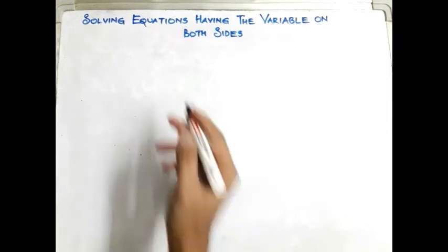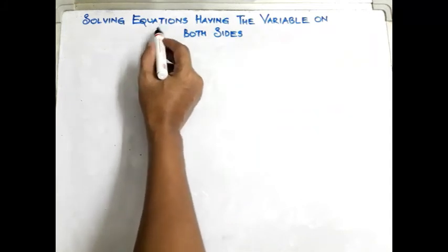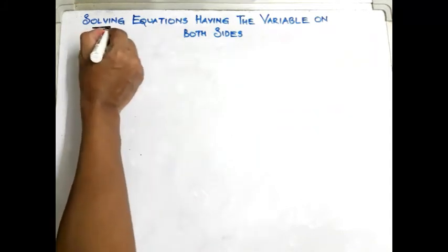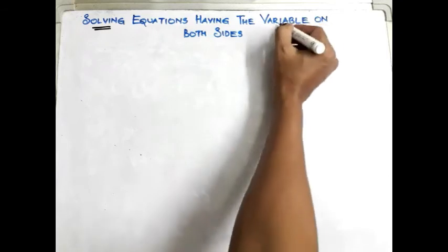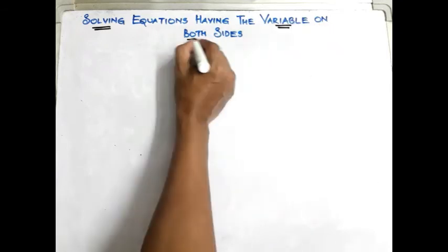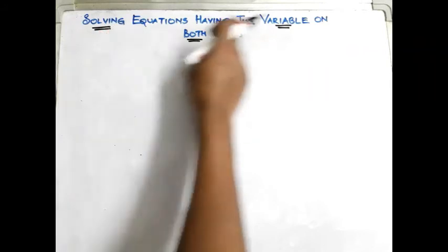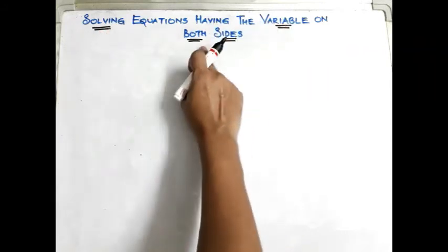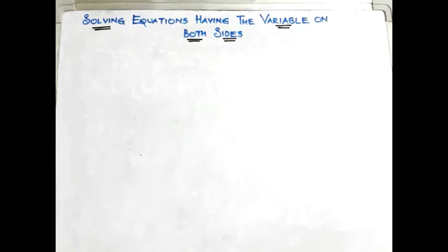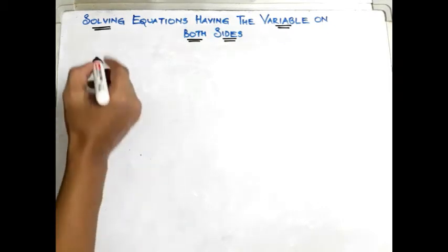Today's concept is solving equations having the variable on both sides. Okay, so solving equations in which the variable exists on both sides. For that, I want to give you an example. Just follow me. Look,